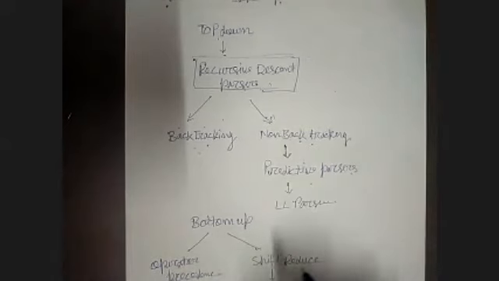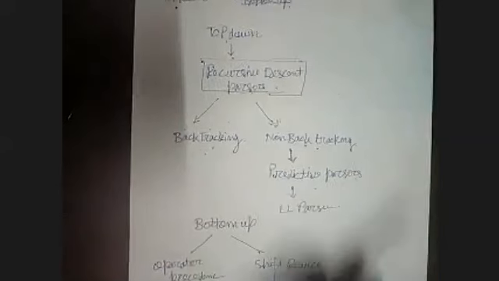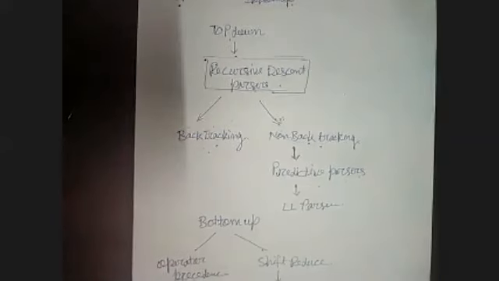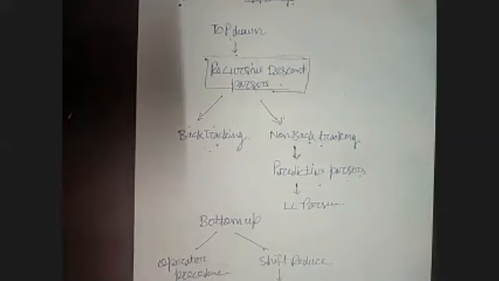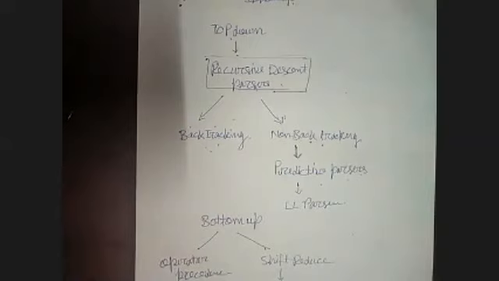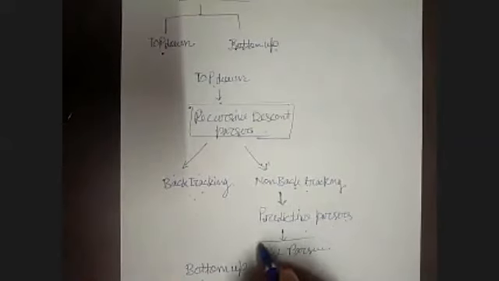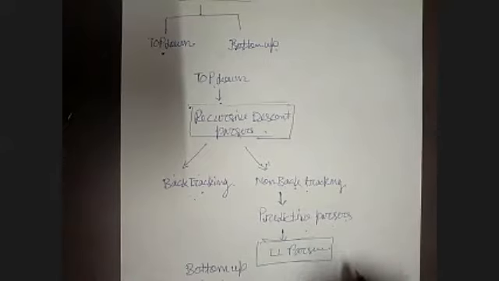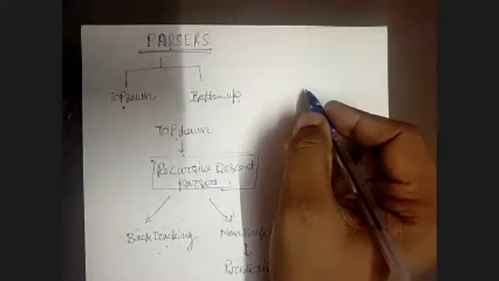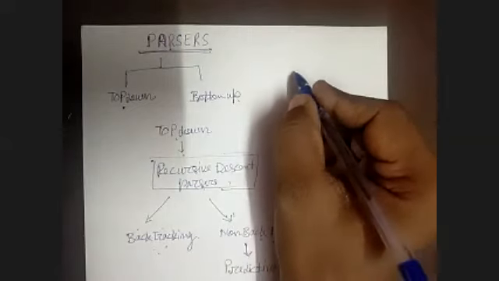No further classification for operator precedence parsers, but the shift-reduce parser is again classified into LR parsing, and LR parsing we classify into three types: SLR, LR, and LALR, right? Clear? So one by one, we cover each and everything in detail, right? But follow the top-down parsing first, right? So when we're talking about the LR parsers, right? This one. Okay, so the two most common or important words which are used are called first.